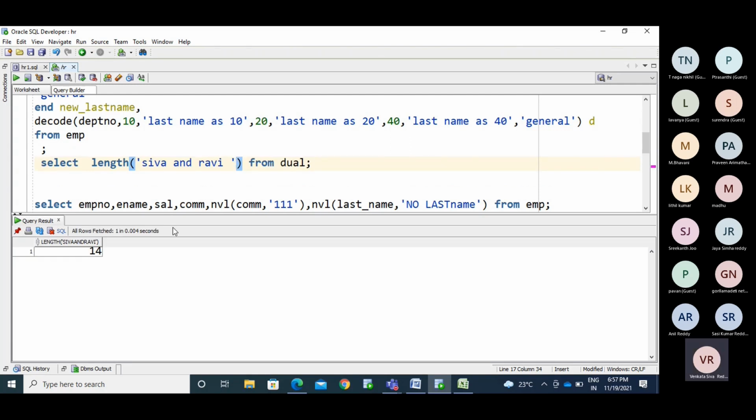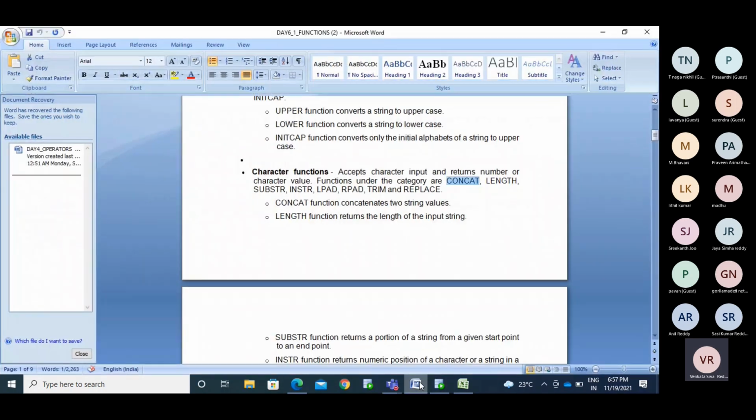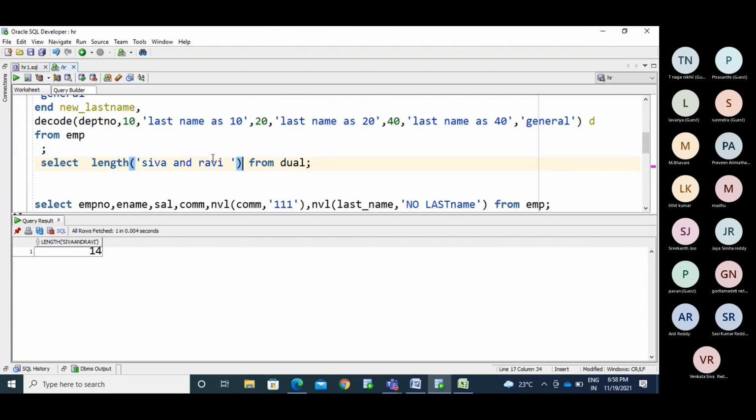Fourteen characters. So if you want to find out how many characters or values we have, we use the length function. We also have the substring and instring functions, but before that, we'll see TRIM, LTRIM and RTRIM functions.